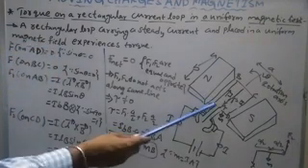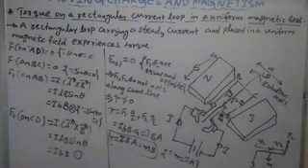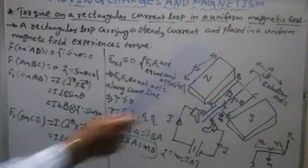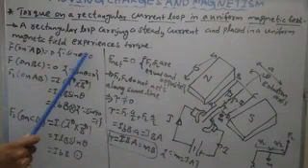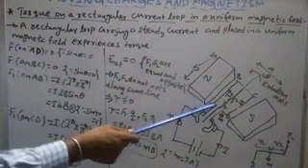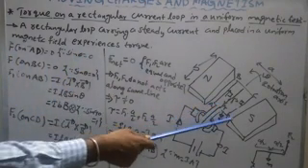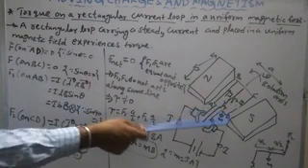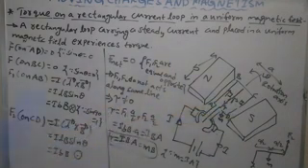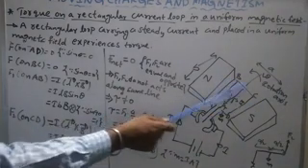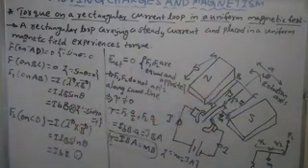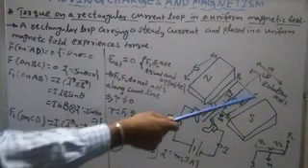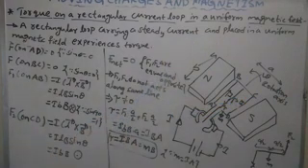The force on AD, which is parallel to the magnetic field. The angle between this length and the magnetic field is 0, and sin 0 is 0. So the force experienced by the AD part, which is placed parallel to the magnetic field, is 0. Similarly, the force on BC: the BC length is also parallel to the magnetic field. This current carrying conductor is placed parallel to the magnetic field, so the force on BC is also 0.